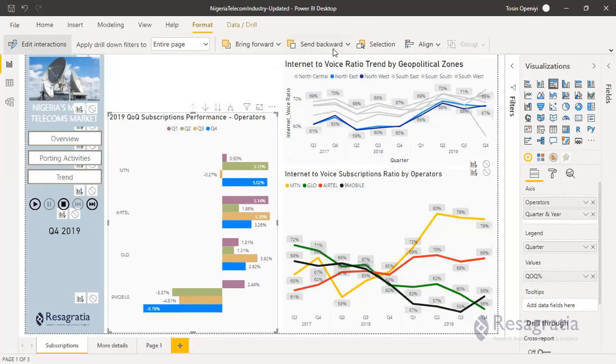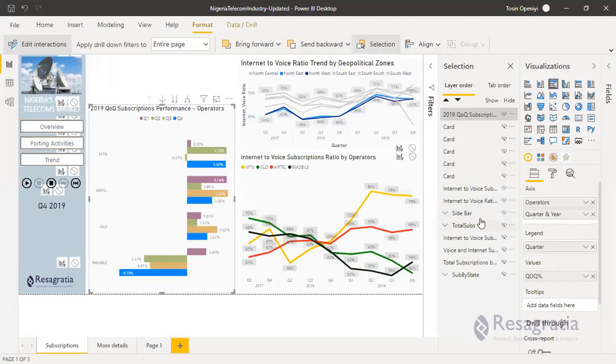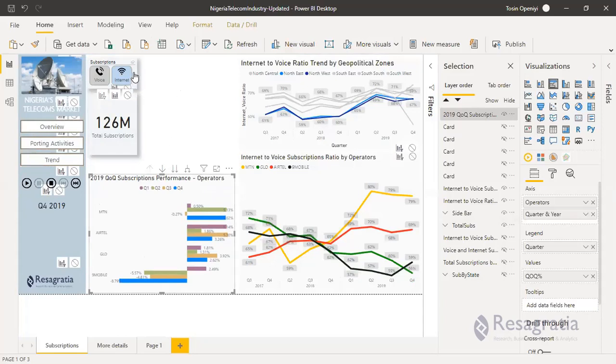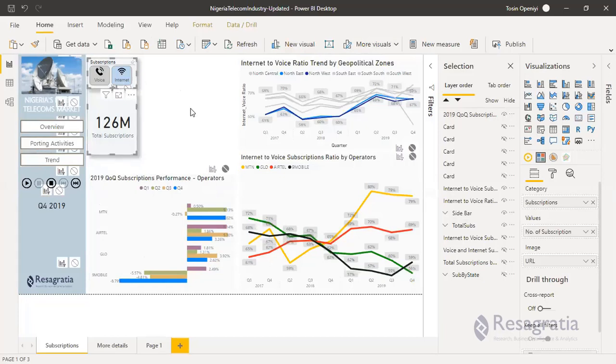Let me just quickly do this. Then for the interaction, the filter should be applied on this other visual only, because the ratio is fine. It's just that for this visual, when we filter by internet, there's another thing that crossed my mind. So this is for internet now. Toby, you know what I was thinking that would also make sense? I don't know if time will permit us to write that measure now.